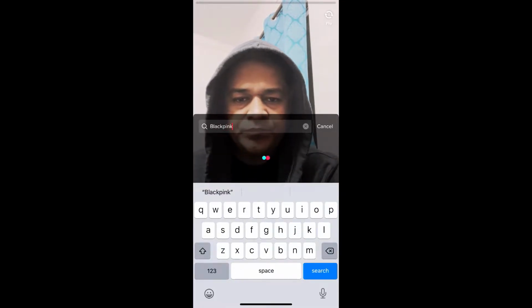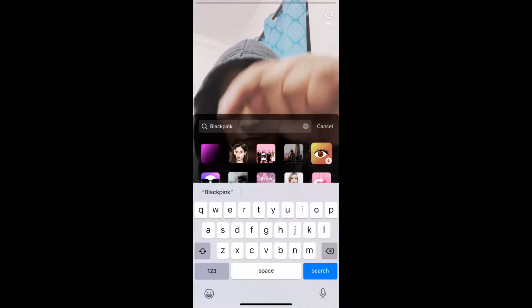No space. Okay, remember this first image. This is the effect. Okay, so suppose you are not getting the effect like this from the effect gallery, then what you can do,